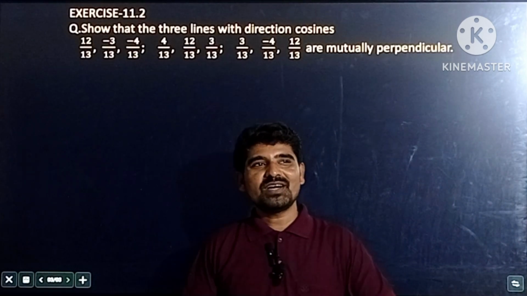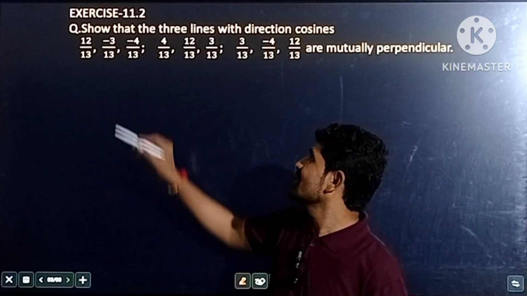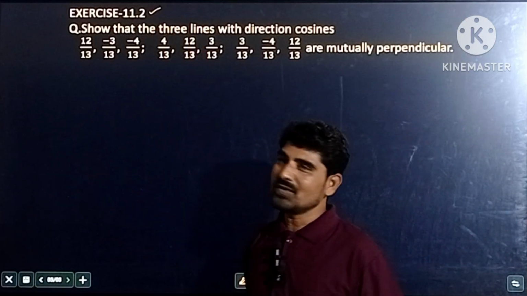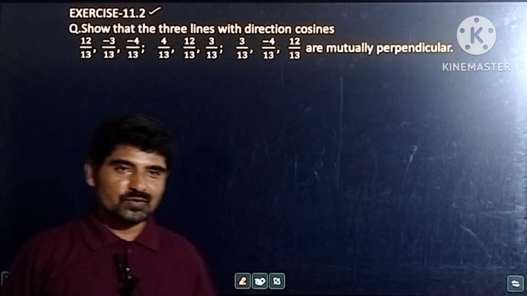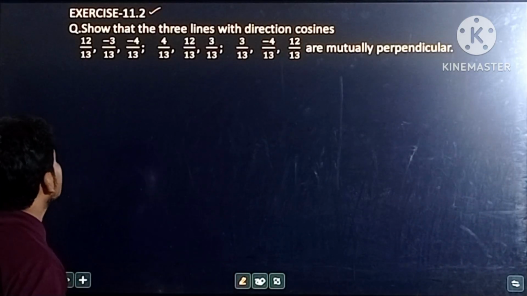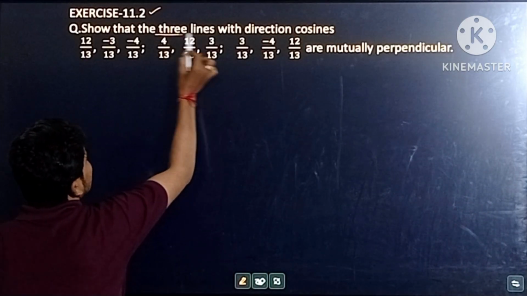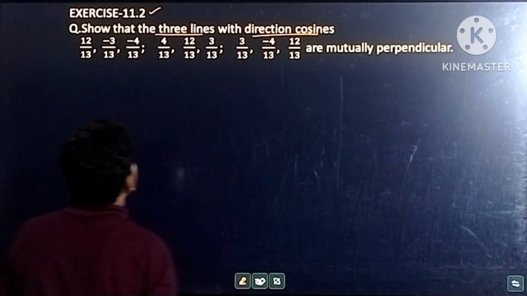In my previous video, I discussed the complete introduction part for exercise 11.2. So in this video, I am going to solve the questions in exercise 11.2. And in that, the first question is, show that three lines with direction cosines